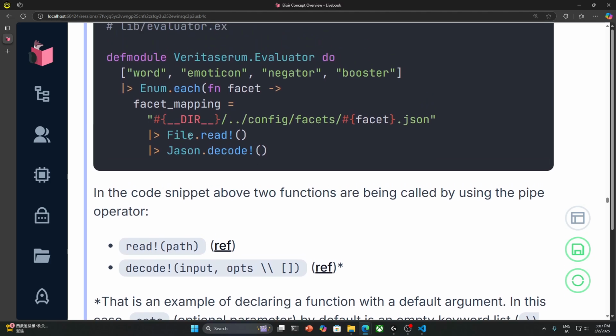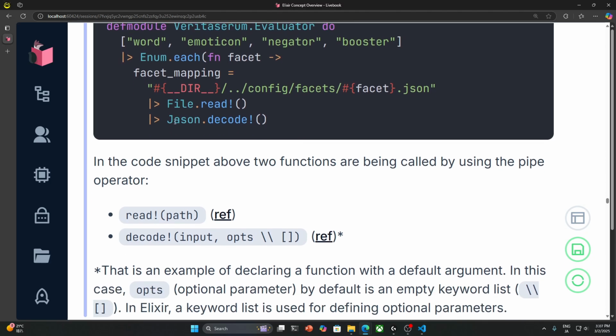So if you see the definition of read, file.read, it accepts path. The path seems like it's ignored here, but it's not. It's being passed by the pipe operator, right? Again, because the first argument will be passed from the left expression. So the path will be this, and then the result of reading the file will be used for JSON